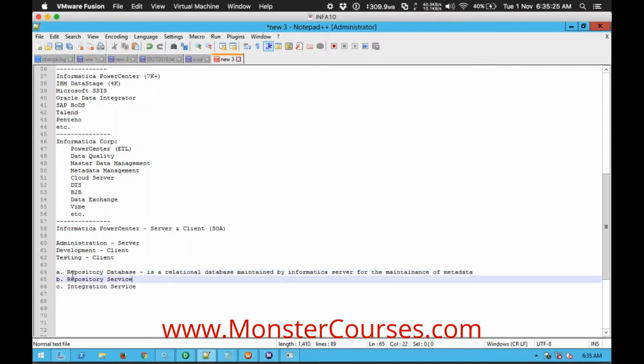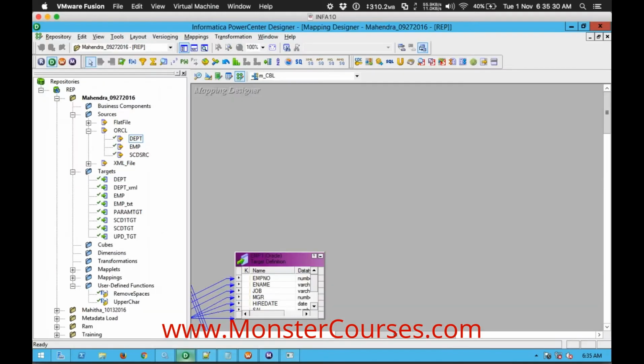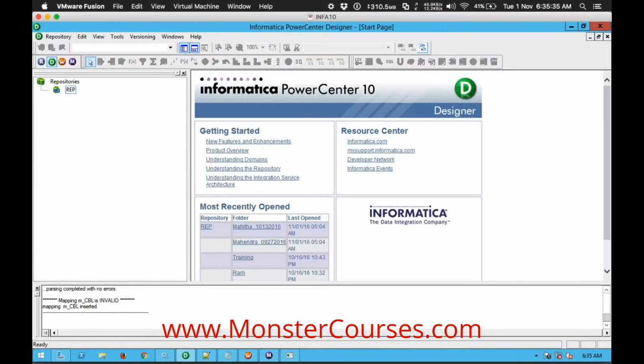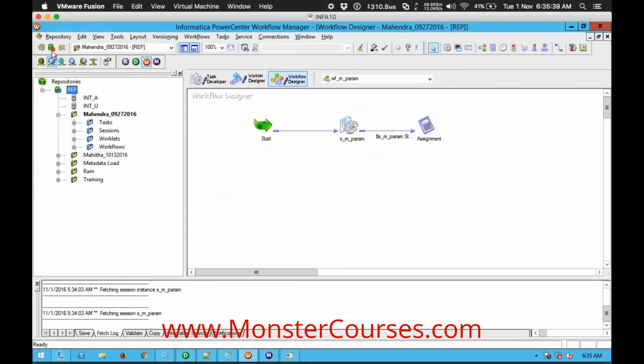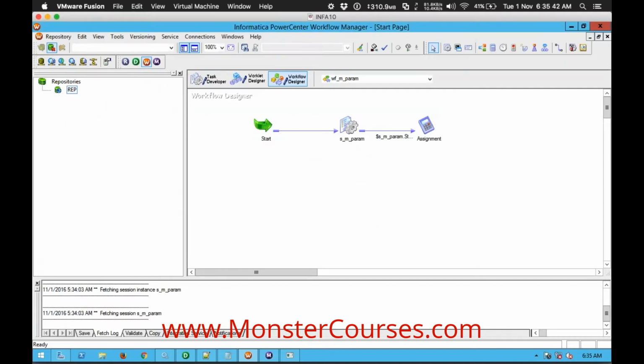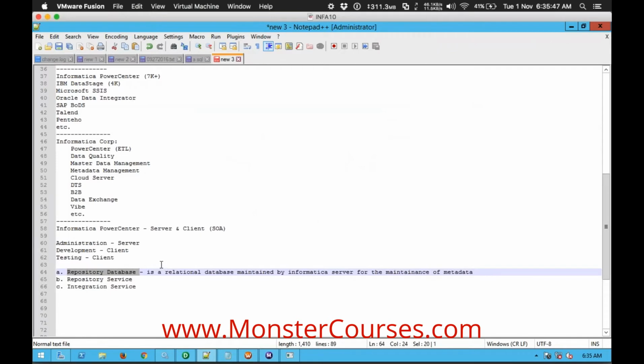So now, where exactly is this database? It is hosted on a server. But all the stakeholders will be accessing it from this client component. Okay, this is a client component, be it a developer or a tester. So how does this happen? How can a client component access the repository database that is hosted on the server, with the help of the repository